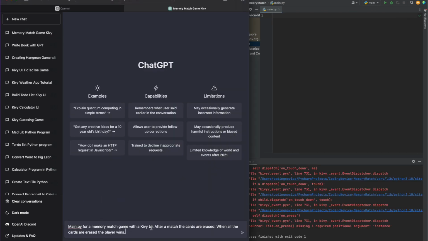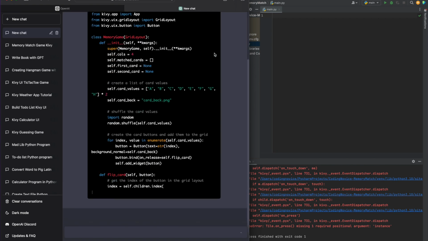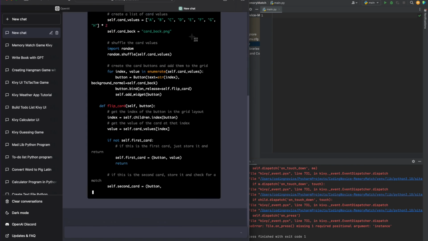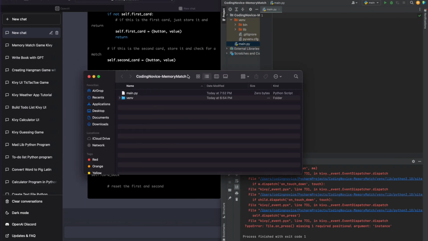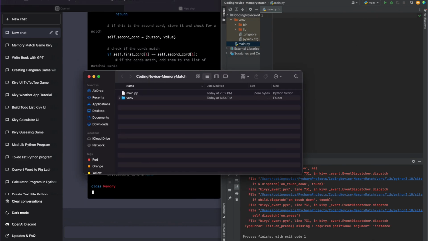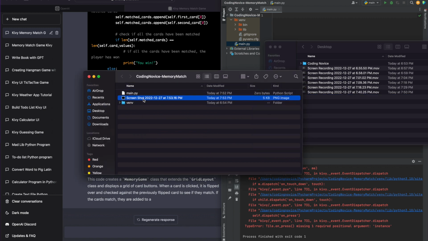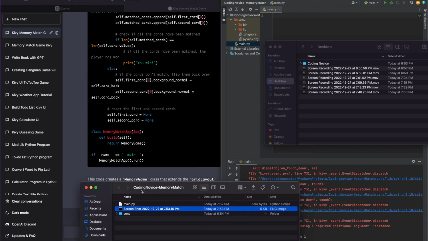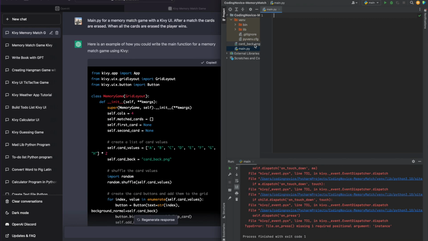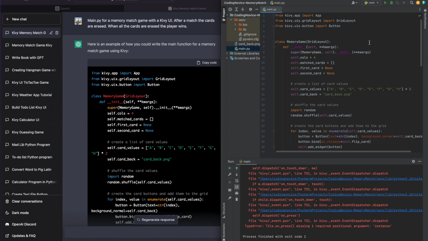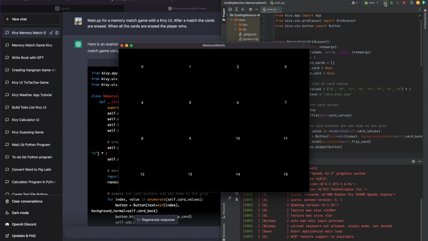Match game with Kiwi UI. After a match, the cards are erased. When all the cards are erased, the player wins. We're going to need a cardback.png file. Just make a little black square. And what we'll have to do is move that screenshot into the Coding Novice file and rename it the cardback.png. Here's the cardback.png. Here's the code, no errors, that's good. And when we run it,